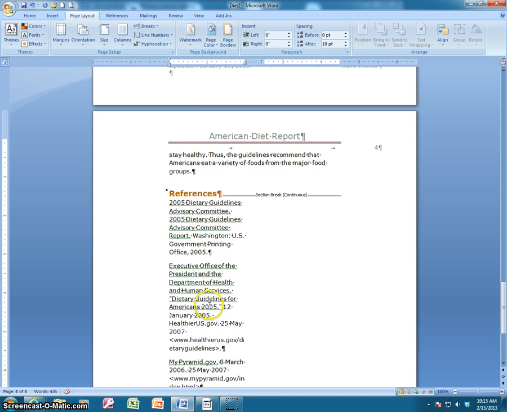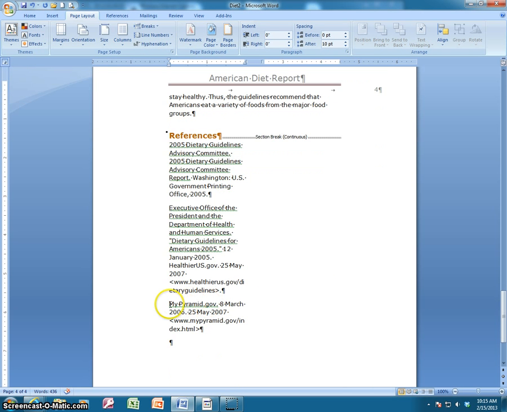So I go ahead and set that up, and maybe I don't want the My Pyramid piece to be on the bottom of the third line. Maybe I'd like to take advantage of this new section that I have right here. So if I come in front of My Pyramid